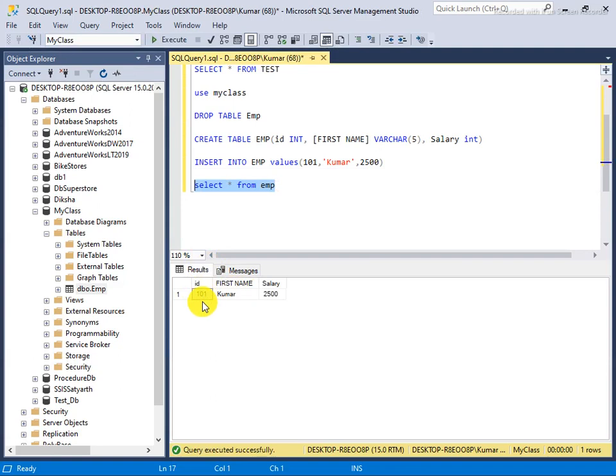Okay, so now you see that this has been applied here. Maybe there are situations where you want to do some altering in the table, like if you want to alter the name of the column, like first name and salary and so many things. If you want to make changes here, see how we are changing. I have a command like alter. So using the alter syntax we can change things in our table.